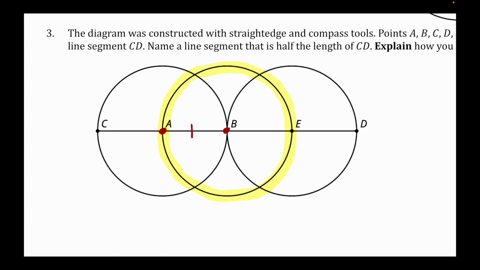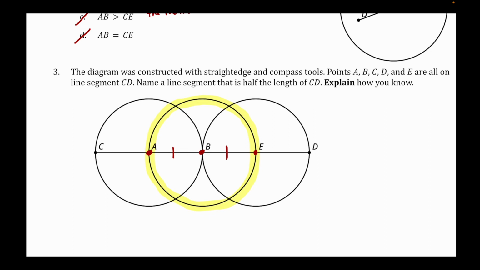That's also going to be the same distance here from B to E. And because I have 2 other circles constructed with radii that are the same, I now know that ED should also be the same, since it's going to be congruent to BE, or equal to. And then for my third circle, centered at A,